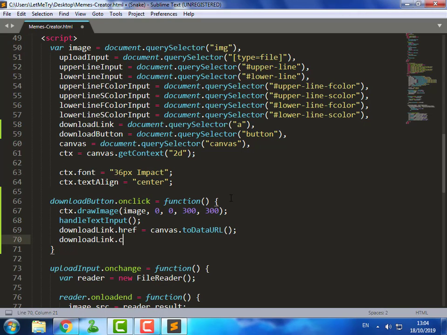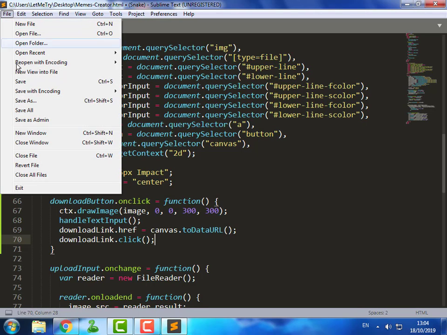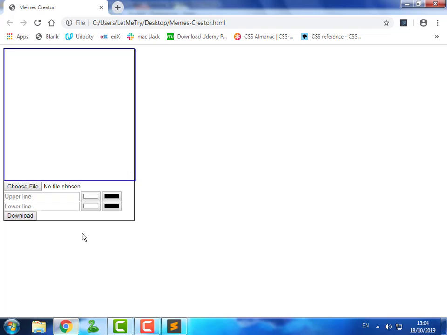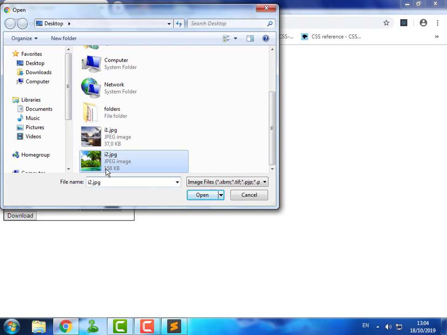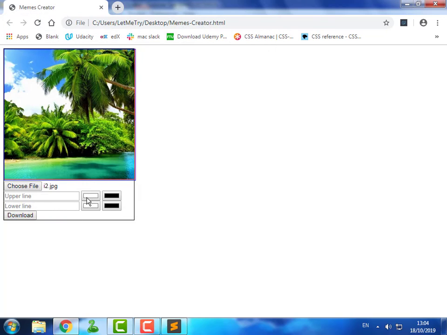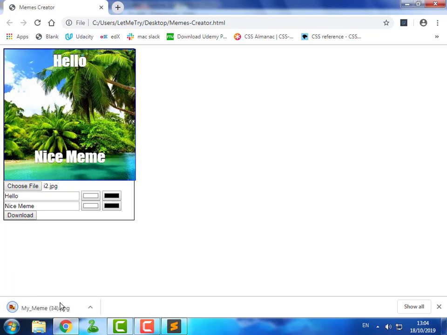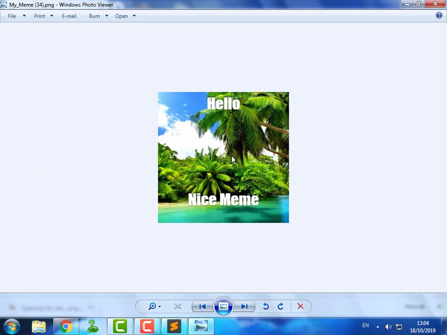Finally, simulate a click on the A element. Okay, here it is.